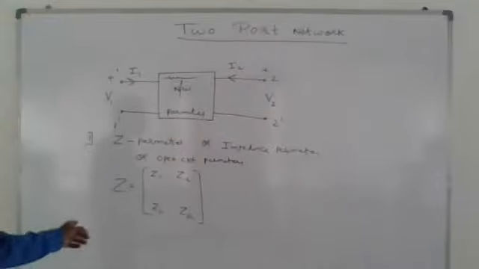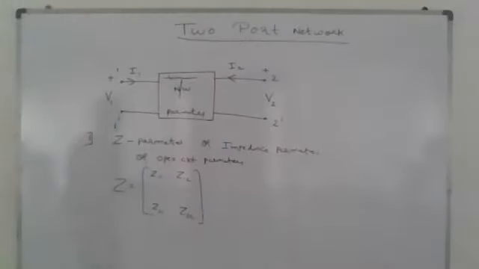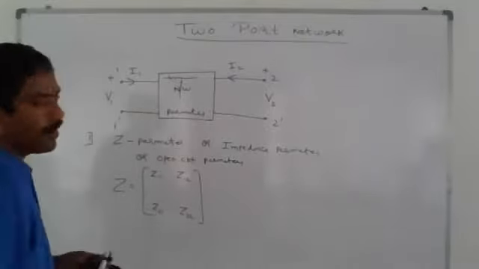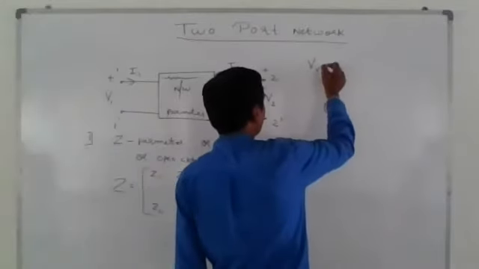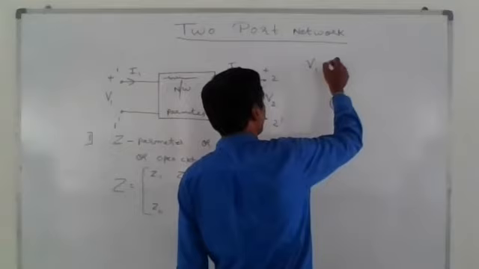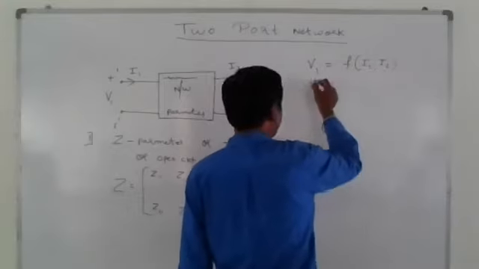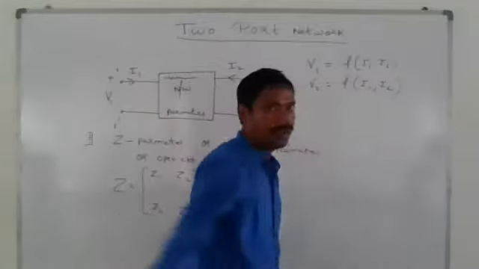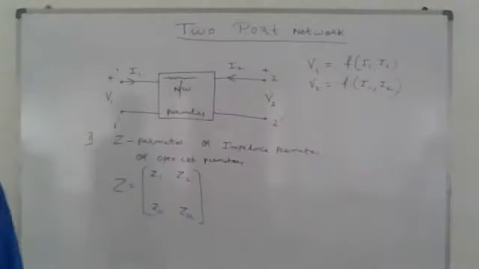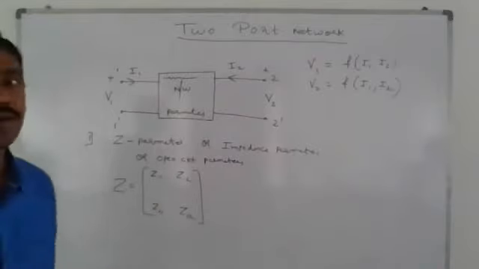Next, how is this Z parameter related to these 4 variables. V1, I1, V2, I2 are variables. So here I can write these are related as V1 is a function of I1, and V2 is also a function of I1. Or we have already seen in Kirchhoff voltage law, V1 is always a function of I1 and I2. Variables are I1 and I2. And V2 is also a function of I1 and I2.